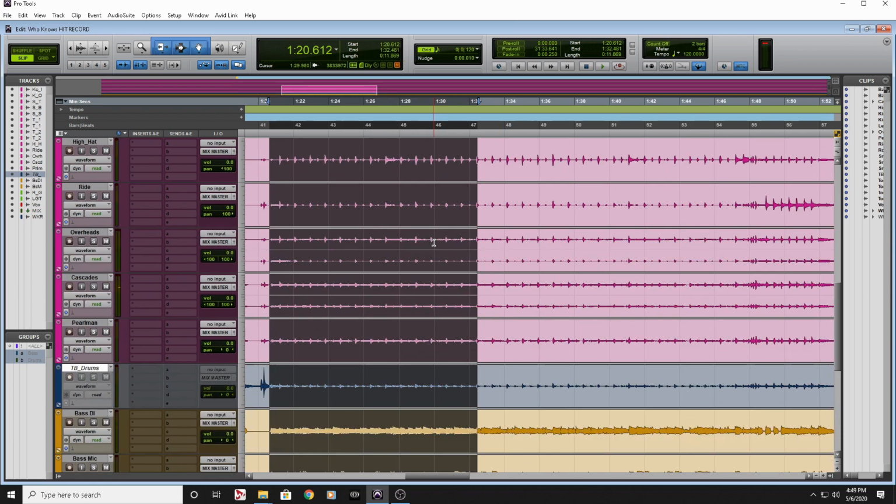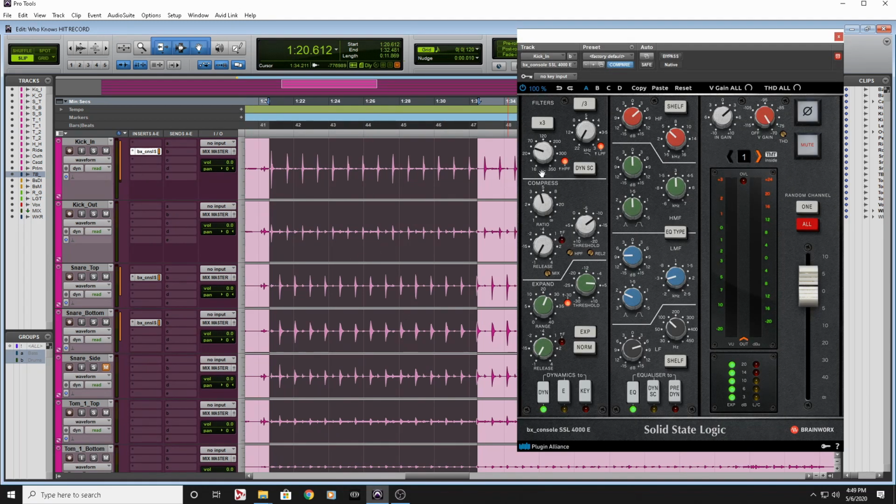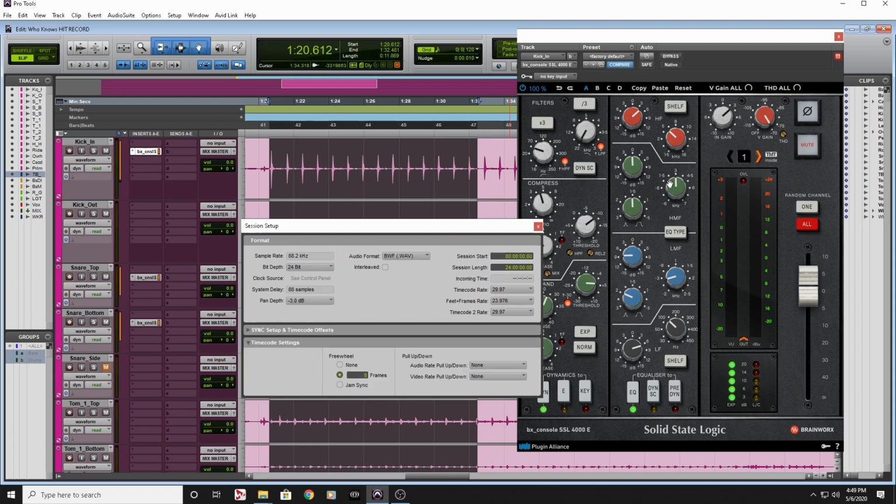I haven't really touched anything but the kick and snare, but overall, I'm not upset about the progress. I feel like I have everything I need here. I wouldn't need much more than this. When I'm tracking, I'll just put one on every channel, because the latency is super low. Here in Pro Tools, we're at 88 samples of latency,